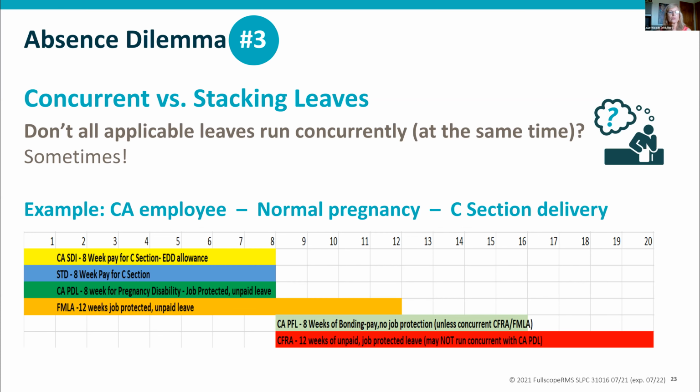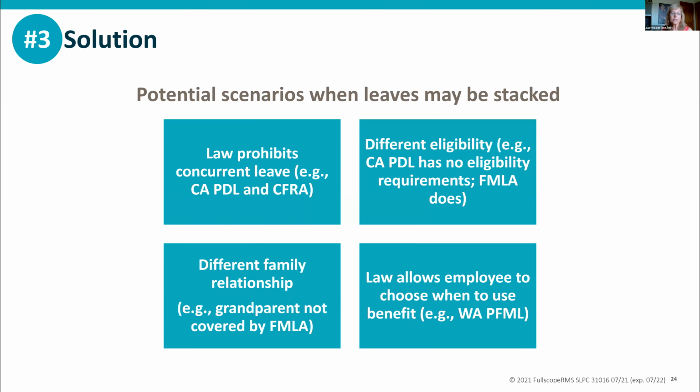So let's talk about solutions. How do we determine the concurrencies and the stacking leaves? The next slide shows that there can be a lot of overlap, but then there can be some cases where you can help prevent the stacking. So on the next slide, you can see the potential scenarios where leaves may be stacked. Leaves may be stacked because the law prohibits a concurrent leave. For example, in my example, the California Pregnancy Disability Leave does not run concurrently with the California Family Rights Act, or CFRA. So if the law prohibits the concurrency, they can be used